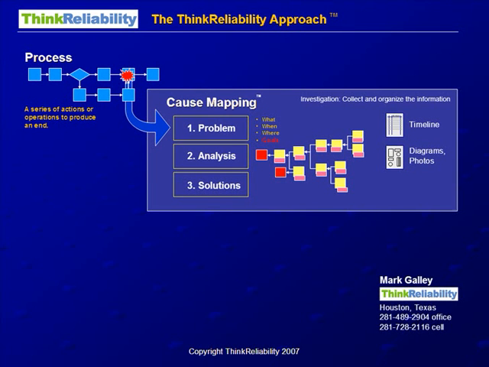And the timeline, which is the sequence of events, the diagrams, photos, this information is all collected from talking with people and collecting data related to this incident. We can then move on to the solution step once the analysis is complete and talk about different ways we could solve the issue. These are possible solutions where we'd want to brainstorm or get ideas on how to solve